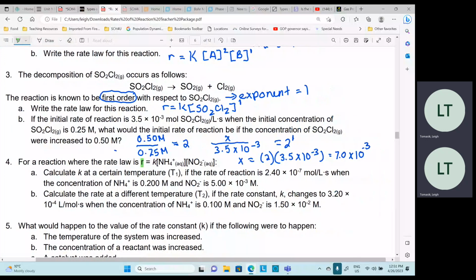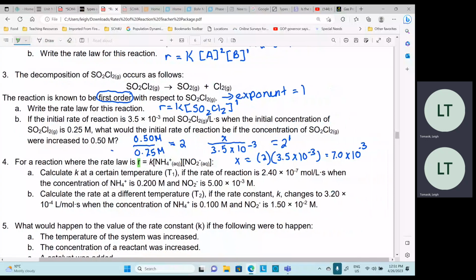So the rate law shows the order of reactants to be 1 and 1. But it doesn't show what K is. Okay, so it says calculate K at a certain temperature if the rate of reaction is 2.4 times 10 to the negative 7 moles when the concentration of ammonium is 2 moles per liter and